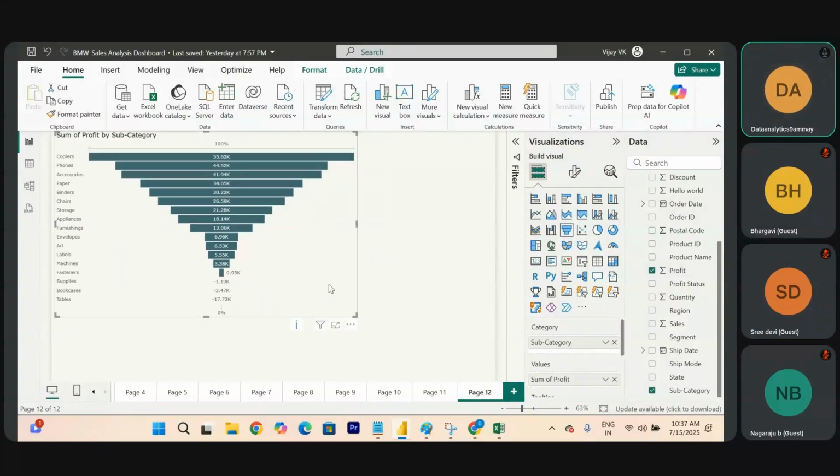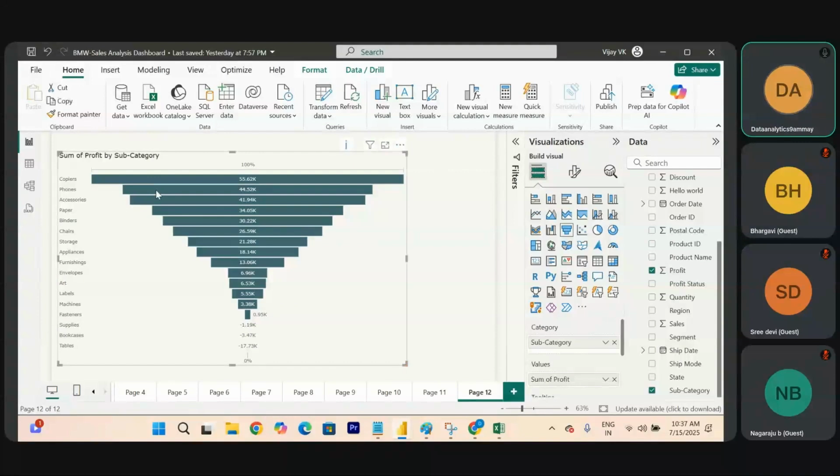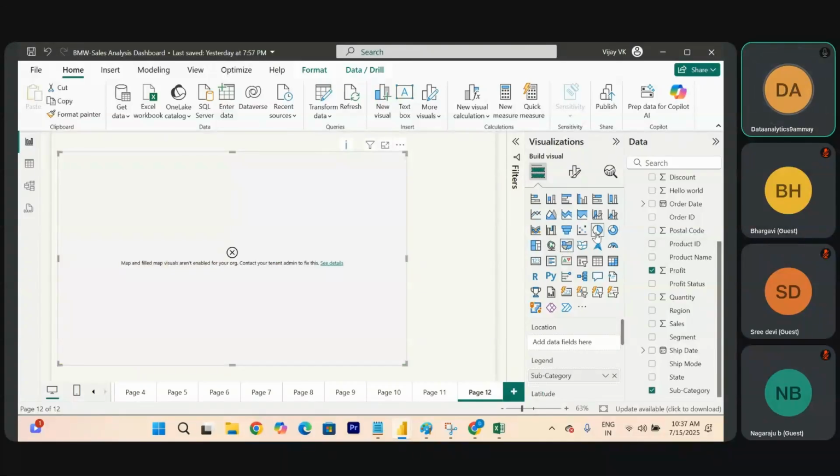You can understand by looking at this, right? Which one has the highest sale value, the least sale value, like this. Perfect. The moment I click on somewhere else, it will give you information. Simple, right? Am I writing any code here? I'm not writing any code. Wait, let me do it one more time.